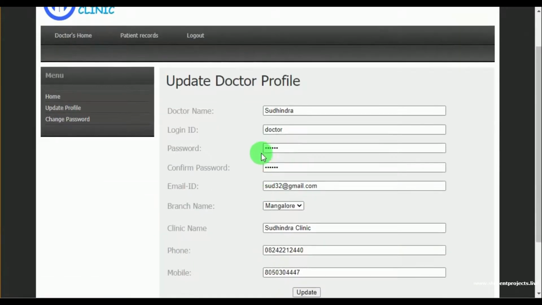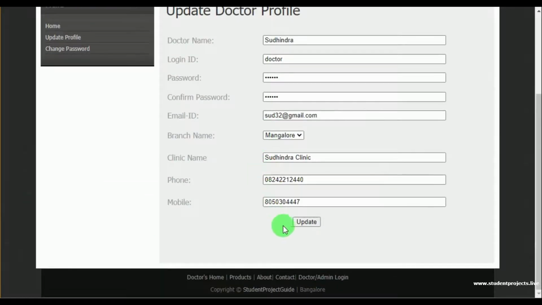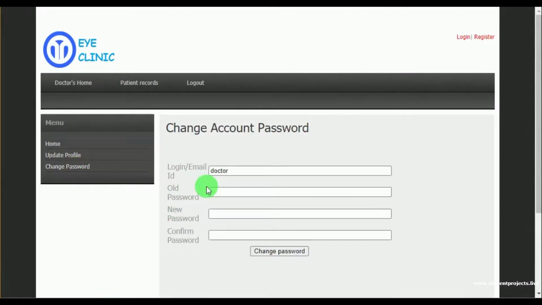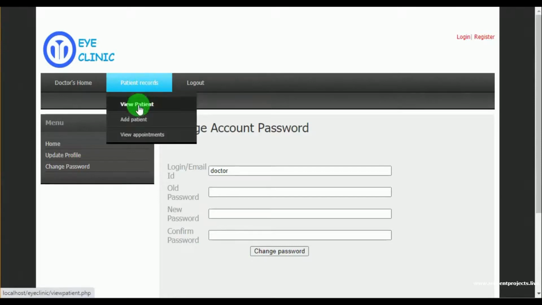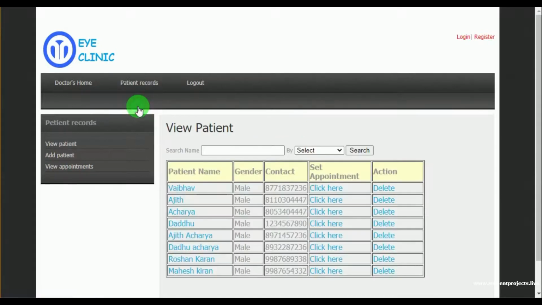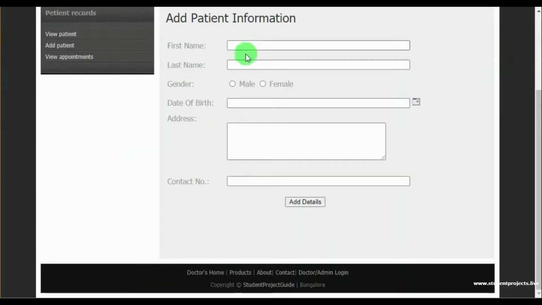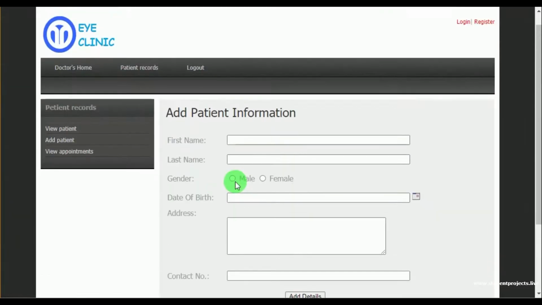Under update profile, doctor can update their profile details, and in change password, doctor can change their password by mentioning the password details. Under view patient, here doctor can view the various patients, and they also have an action to delete the patient record. And under add patient, here the doctor can add the patient details.